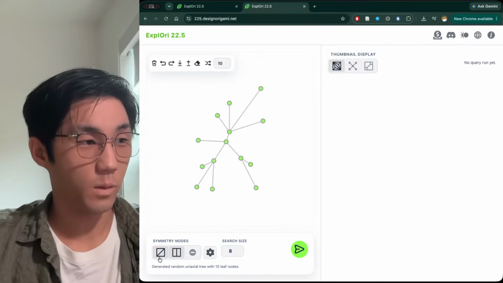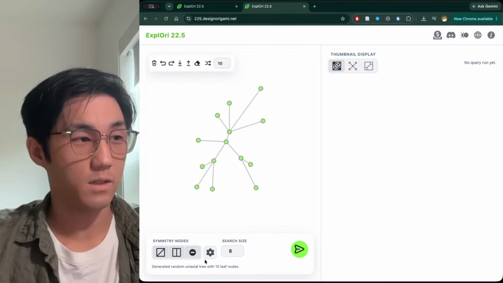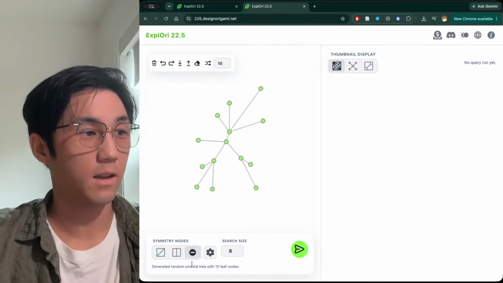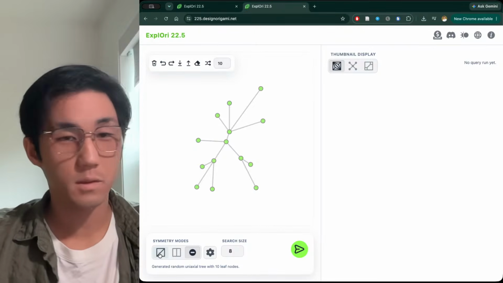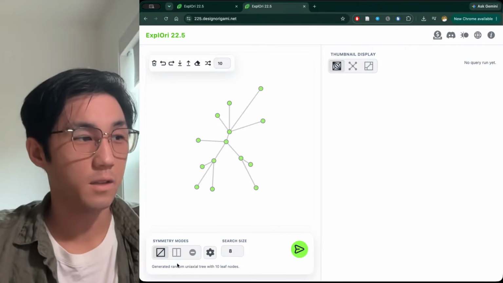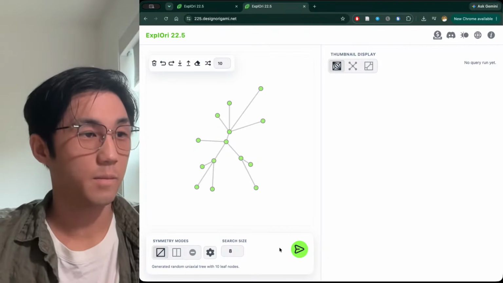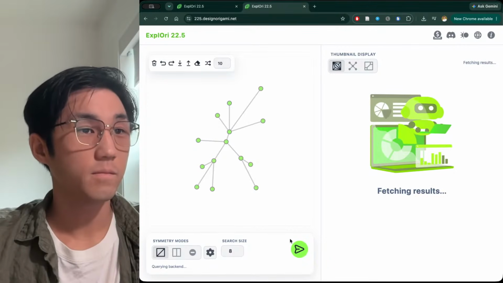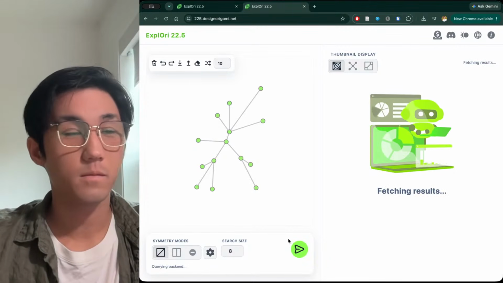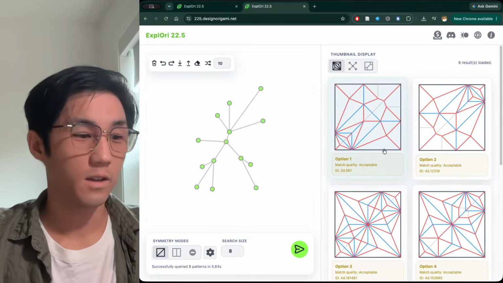If you want diagonal symmetry or book symmetry or asymmetric design, whichever ones you're okay with, you can toggle that. Most of the time, you're probably not going to want asymmetric. Most of the time, diagonal symmetry is probably going to be your best bet, but sometimes you want book. Okay, so let's do a diagonal symmetry. And then, like I said earlier, despite the little robot character,